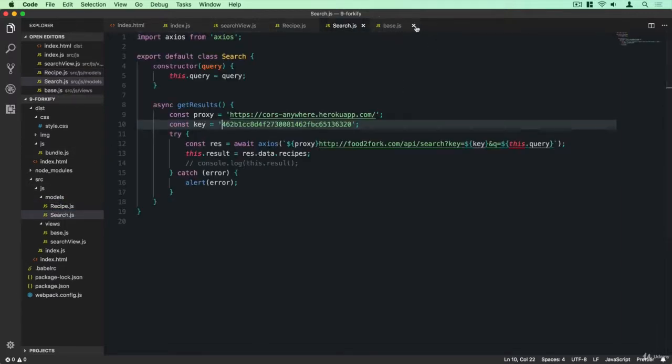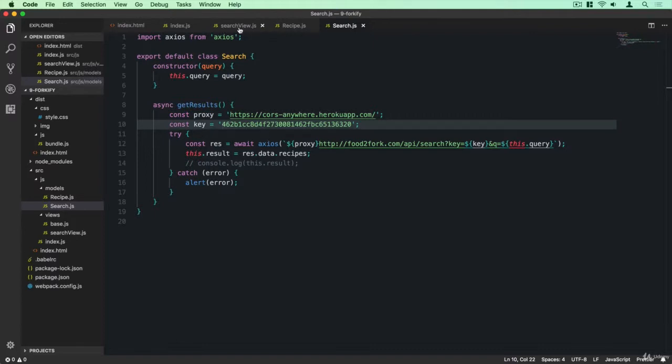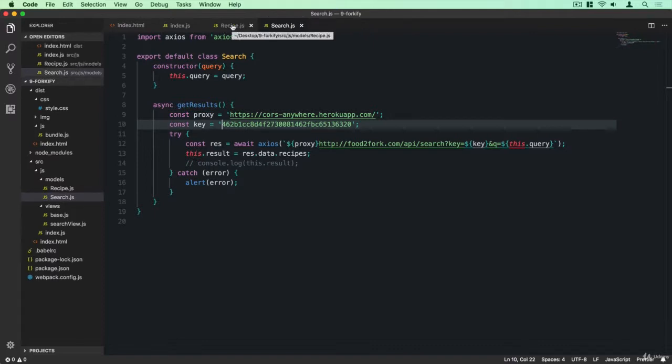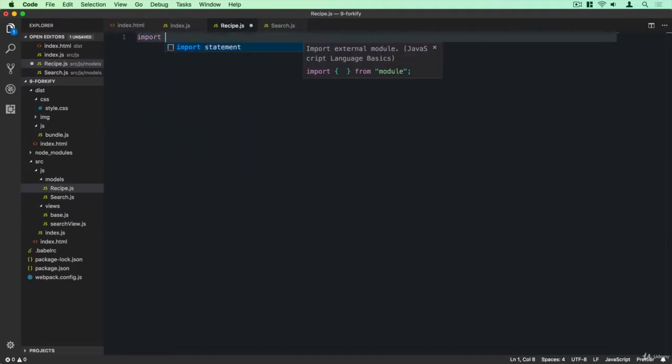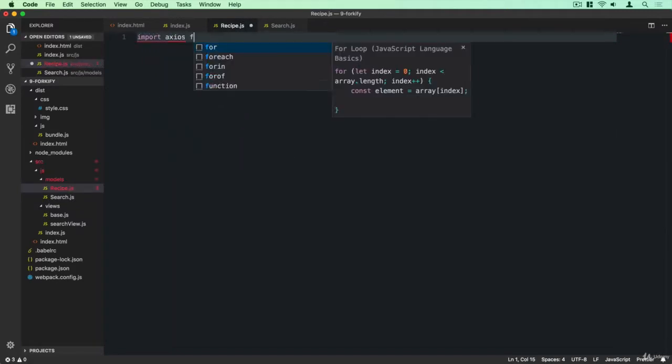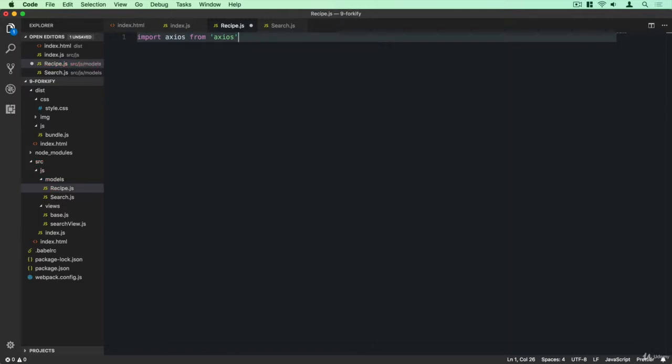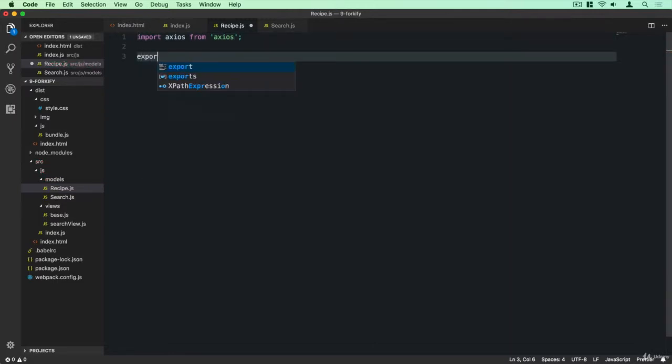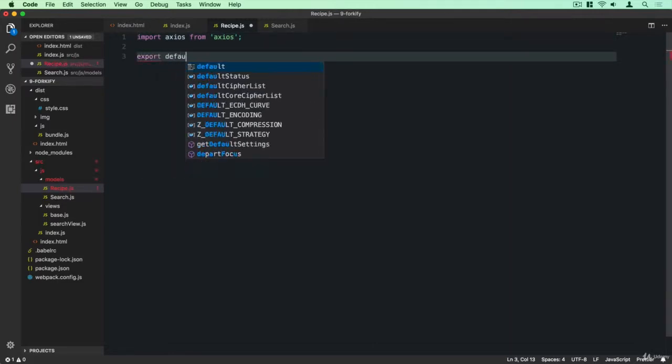Okay, so let's open up this one here side by side. I can close these files. For now, I no longer need them. So again, we're going to use Axios here for our Ajax call, and we will also create a class for this recipe to hold all the data for one recipe object. Okay, so import Axios from Axios, and we will export a default class